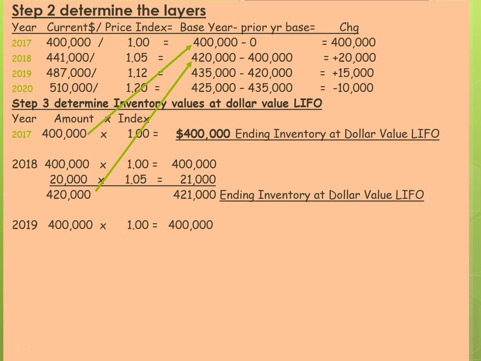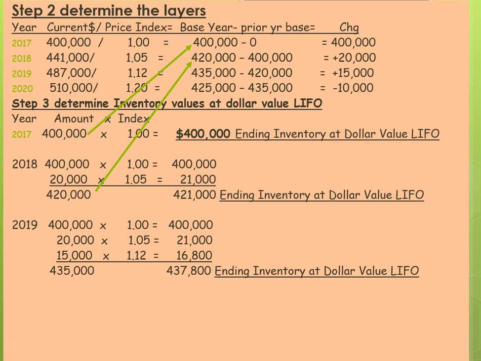Now let's do 2019. We're going to take 400,000 times the 1. We're going to take 20,000 times the 1.05, and we're going to take 15,000 at the 1.2, and this gives us 437,800 for our dollar value LIFO with the base cost of 435,000. Now we have a decrease